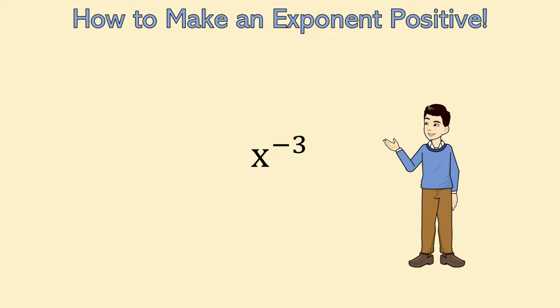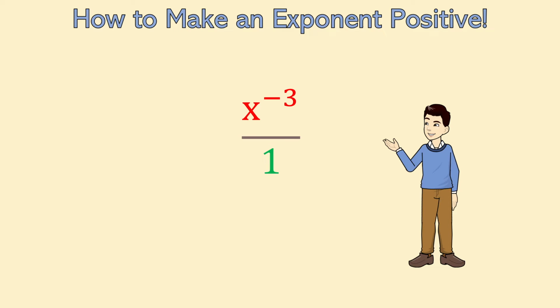Let's say you're given a variable or number raised to a negative power. Your first step is to remember that all numbers can also be written as fractions over 1. So let's go ahead and place that number to a negative power over 1. Next up, let's go ahead and color code the top and bottom of our fractions as different colors. I always like to keep my math color coded.